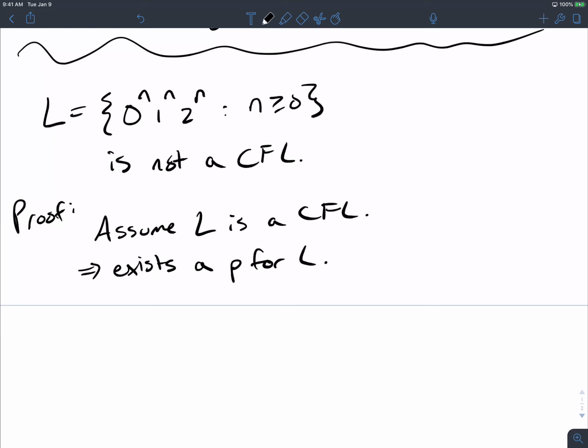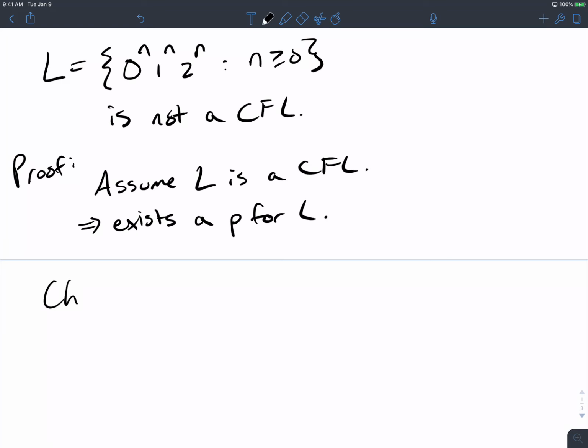So will I see such a big problem with that on the second midterm, if a question like this appears? No. So remember, it must be in the language and long enough. If it doesn't satisfy both of those, we can't say anything. If it does, then we can, possibly. So let's choose a string. Any suggestion? What is a really easy one? Yeah, P for all of them. So whenever you see n in the exponent, that usually indicates put the P in the exponent where the n is. That's not always true, but usually it's a good idea.